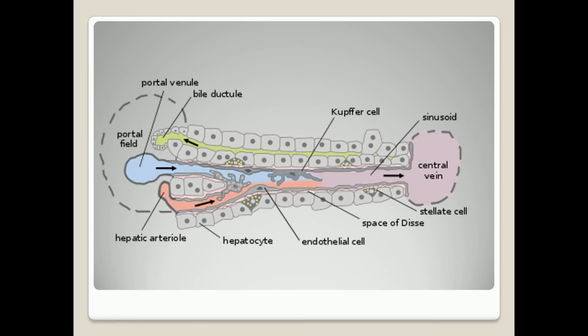Kupffer cells are large irregular amoeboid phagocytic cells with oval nuclei. The cells do not remain in a particular place. They ingest the foreign substance and store it in large amounts in their cytoplasm. They are also involved in fat metabolism and in formation of bile pigments. The cells also give rise to new Kupffer cells.